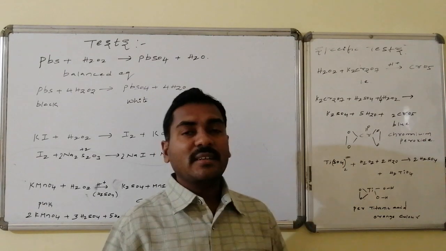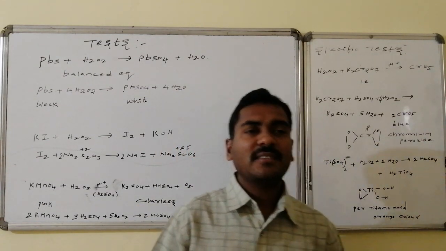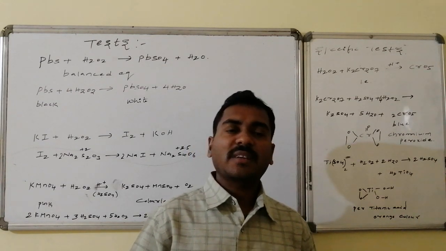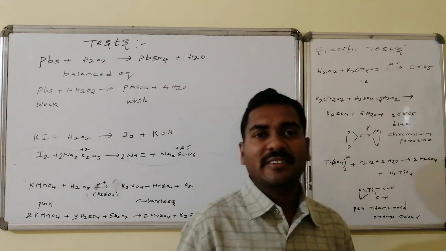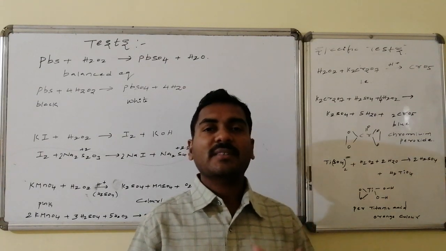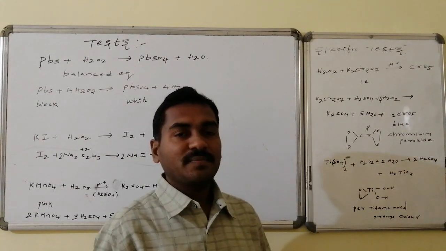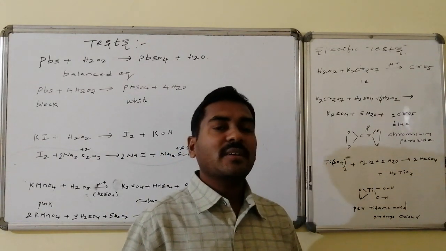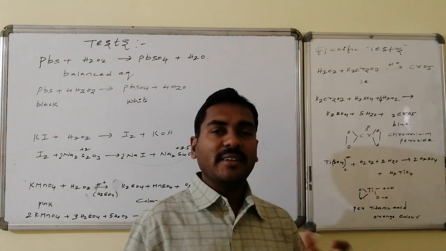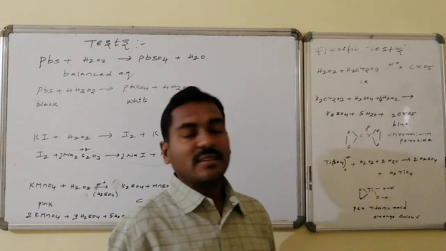Here, hydrogen peroxide reacts with potassium dichromate. Potassium dichromate is a good oxidizing agent, but in the presence of hydrogen peroxide, even potassium dichromate undergoes oxidation, and that leads to the formation of a chromium peroxy compound, that is, chromium peroxide. In this, peroxy bonds are there, and this compound is soluble in ether and blue in color.